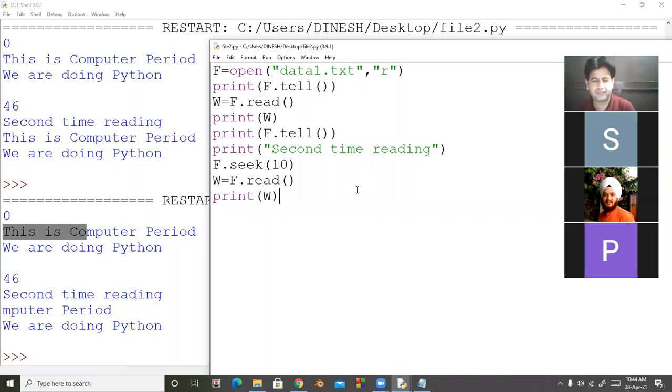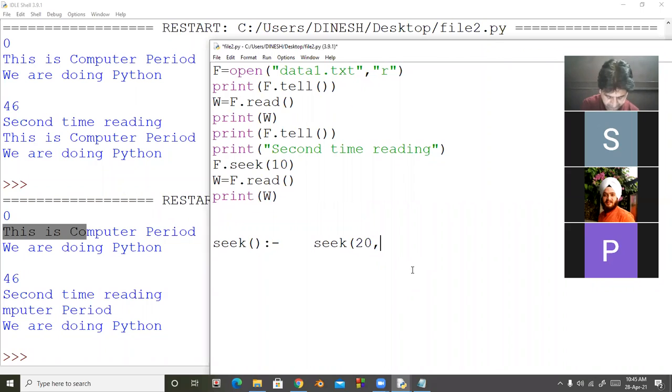Okay, students, now in the case of your seek, the parameter may be any particular number. Suppose seek 20. So it will place the cursor at 20th location. But in case I am using here 20 by default from beginning to 20th locations. It will start from 20 locations.